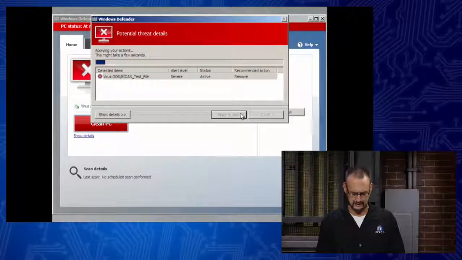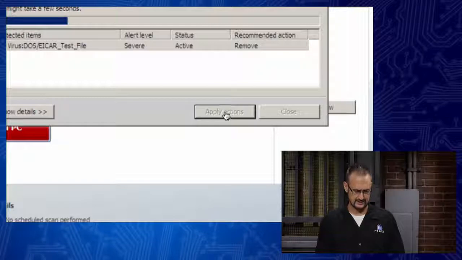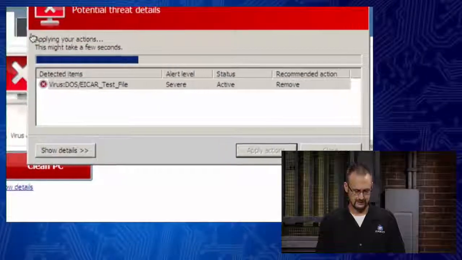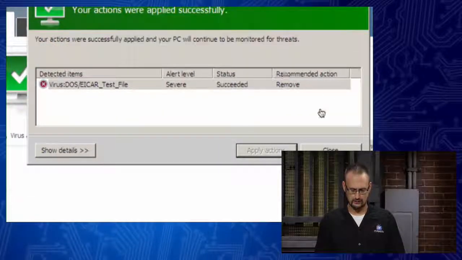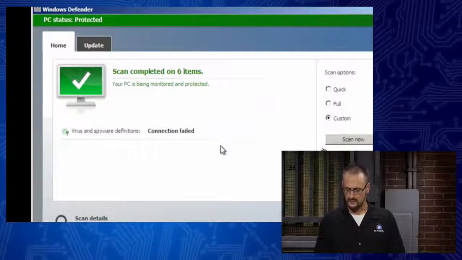And we apply the actions, all right, and you can see that it says taking a few seconds here. It's going to run through the drive, and it says, hey, everything's good. We're green lighted. We're ready to go. All right. So in that aspect, what I could do is just turn around and get out of essentially the